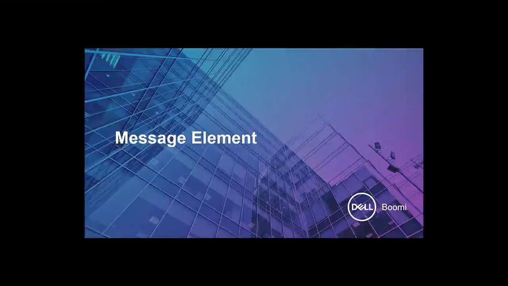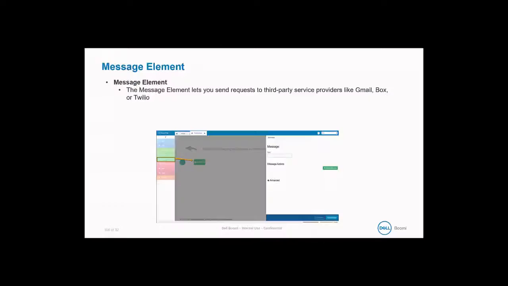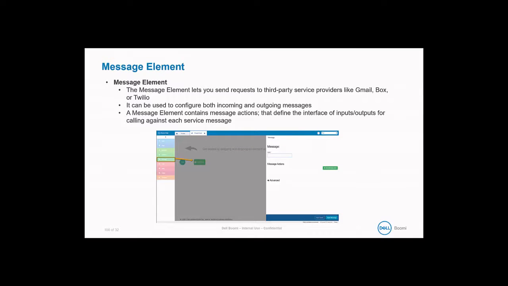So the next element that we'll discuss here is our message element, which is another map element. The message element lets you send requests to third-party service providers like Gmail, Box, or Twilio. It can be used to configure both incoming and outgoing messages. And the message element also contains message actions that define the interface of inputs or outputs for calling against each